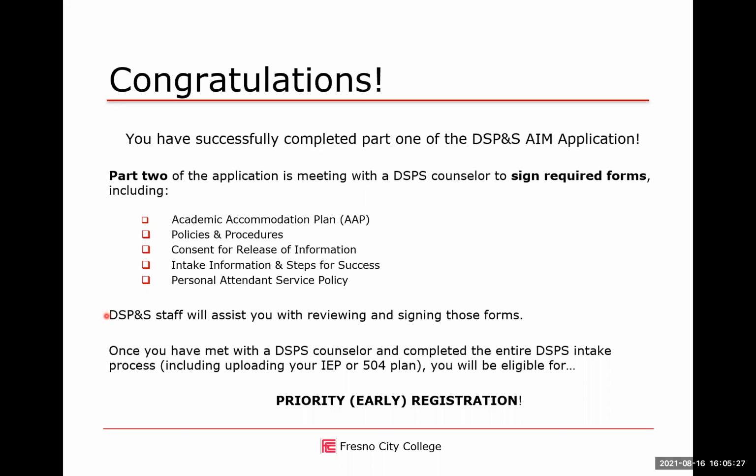DSPS staff will assist you with reviewing and signing those forms. Once you have met with the DSPS counselor and completed the entire DSPS intake process, including uploading your IEP or 504 plan, you will be eligible for priority early registration, which means that you get first choice of your classes.